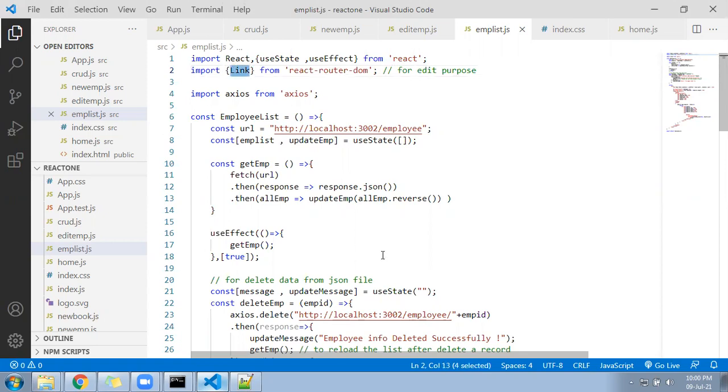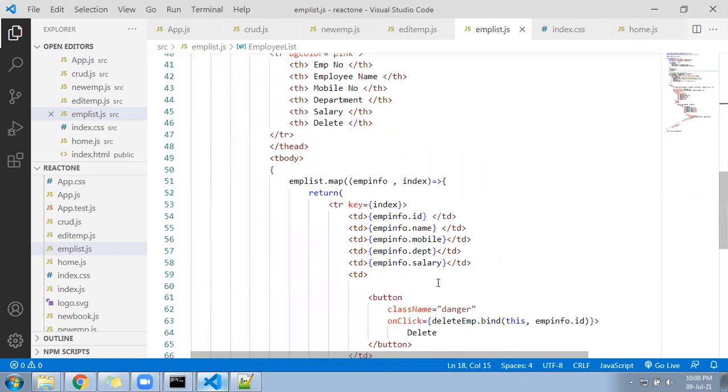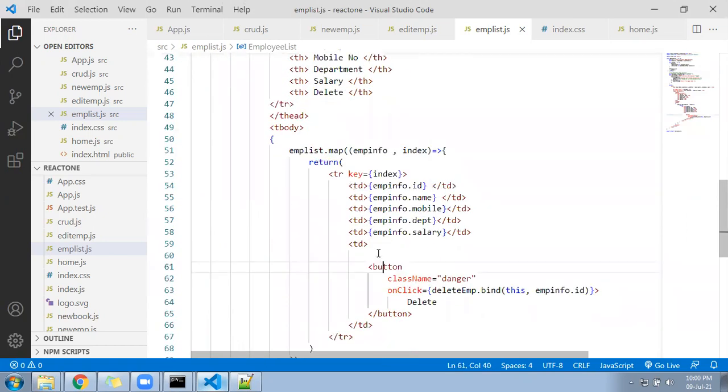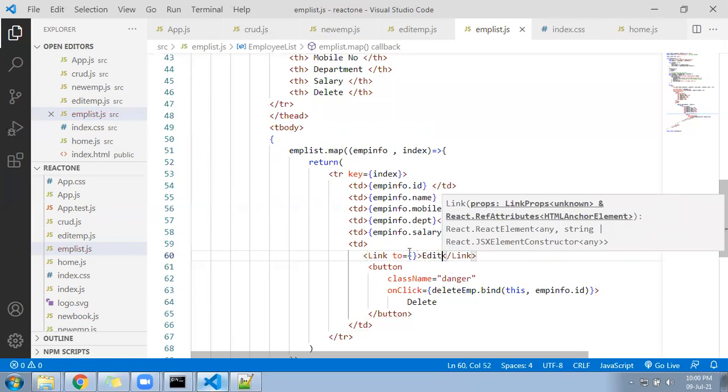Come down. Step number 2, just next before this button where you have added the delete, call the link tag. Link to, we have to link it dynamically. Let's say edit I given.